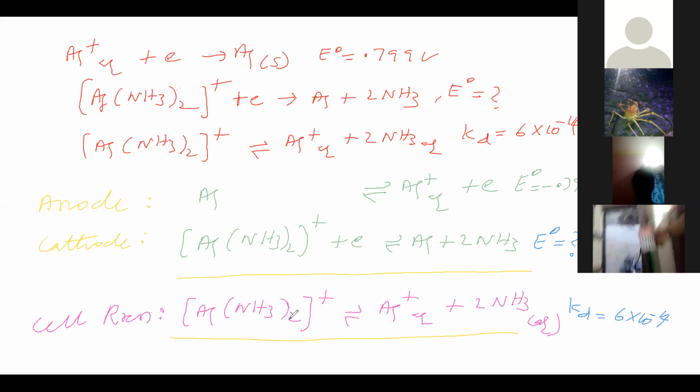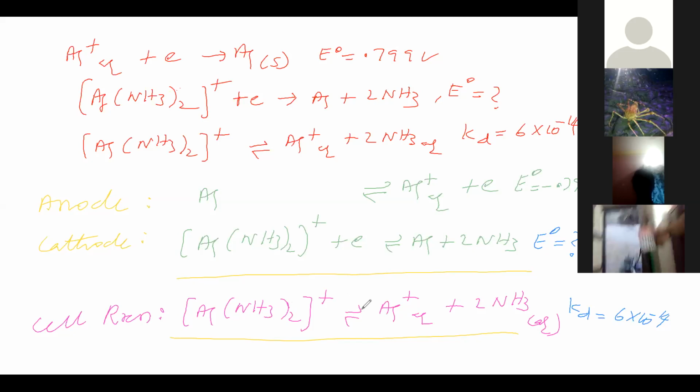You are saying almost left in the sense... this one will be, we have written it is anode, it is cathode, therefore this process is spontaneous or non-spontaneous. What do you say? Now dissociation constant says that equilibrium lies almost left. That means is this process spontaneous or non-spontaneous? What do you say? Is this dissociation a spontaneous one or a non-spontaneous one?